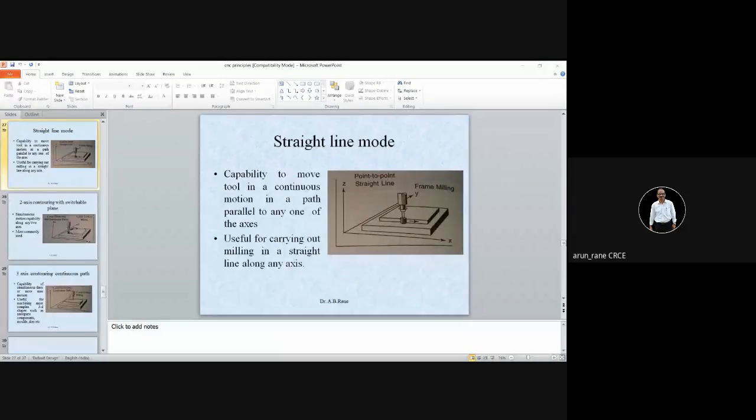Indrajit, are you there? Yes, sir. Have you checked? Did you receive the PPT? Yes, sir. And did you receive the assignment? Yes. So you can tell Dev Shah, because he has texted me in the chat box asking whether sir has uploaded the previous lectures. Where is it available? It is available in the Google Classroom.